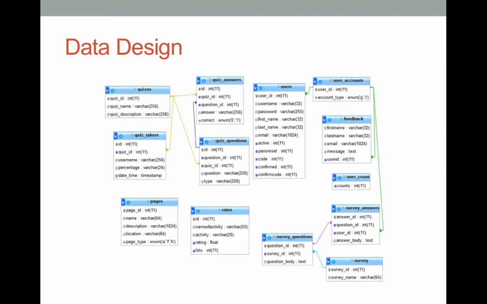Here is a representation of our database. On the database, we have tables for quizzes. The quizzes take quiz ID, quiz name, and the description. We have the quiz takers. We have our pages or rates. We have quiz questions where we store the questions for the quiz, and the quiz answer where we store the